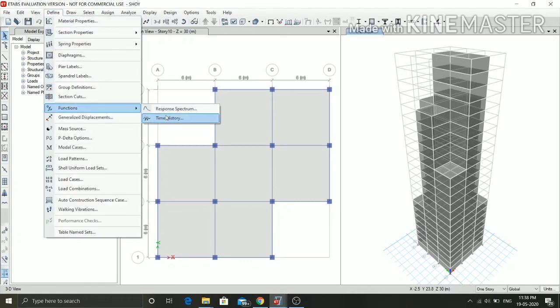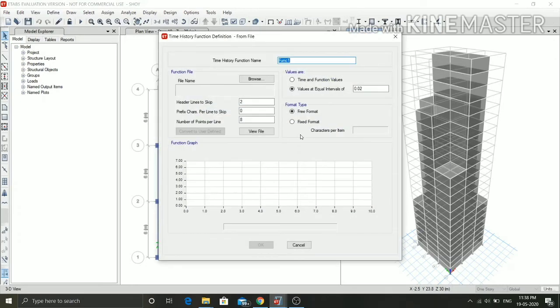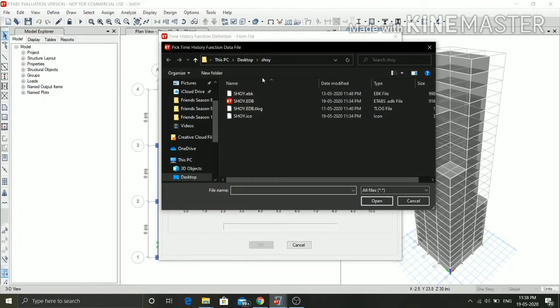Now go to Define menu, click on Functions and select Time History option. Choose the function type to add as from files and click on Add New Function. Click on Browse to choose the file of Bhuj earthquake from the dialog box which is appearing.